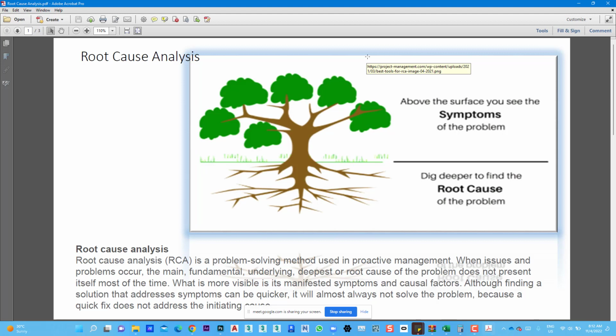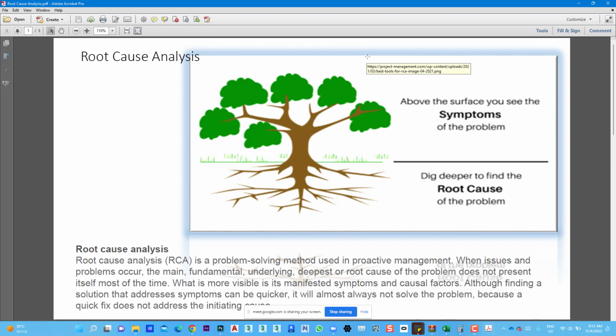As per the definition, root cause analysis is a problem solving method used in proactive management when issues and problems occur. The main fundamental underlying deepest root causes of the problem do not present themselves